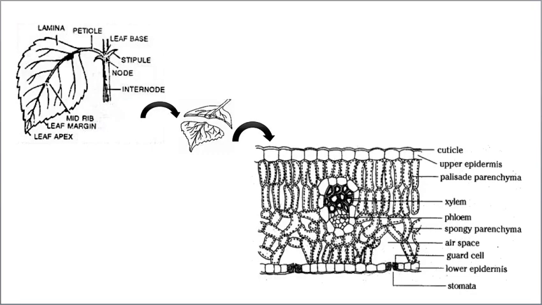From the nodal portion the leaf arises, and the stalk of the leaf is called a petiole, and the exact portion with which the leaf is attached to the node is called a leaf base. So again I am telling you, the first part of the leaf is called the leaf base, with which it attaches to the nodal portion. Point number one. Point number two, it gives rise to a stalk-like structure, and this stalk of the leaf is called a petiole.